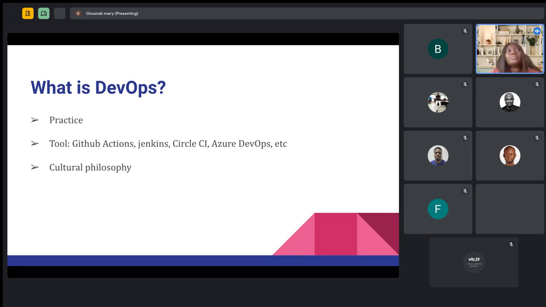Aside from DevOps as a practice and as a tool, this represents a cultural shift in an organization, right? So most organizations are using DevOps. So it's a kind of shift from some of the traditional ways of software development, right? Now, within an organization, it is very important because it helps to foster a culture of communication.